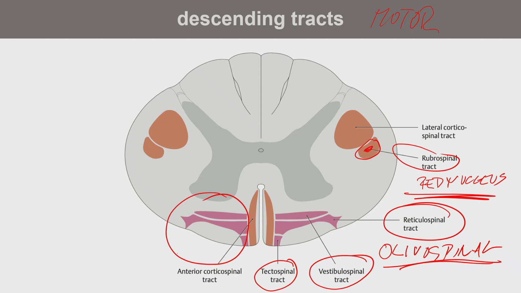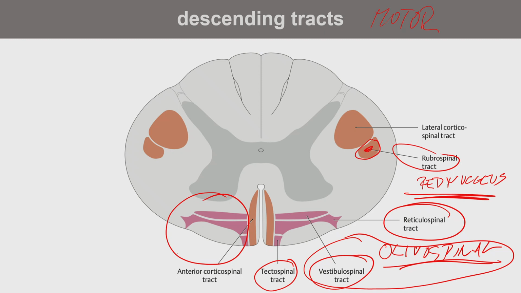Then we have the vestibulospinal and olivospinal tracts. They modify motion through the systems of the cerebellum and the vestibular system. So, typically for balance or postural functions. And the last one is the tectospinal, which is very interesting. The tectum is a part of the mesencephalon, where the colliculi superiores and inferiores are localized, centers which relay visual and auditory information.